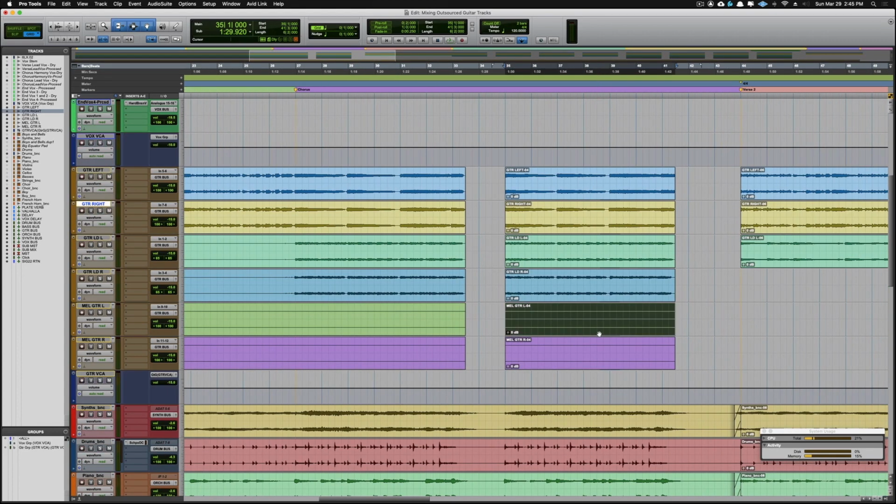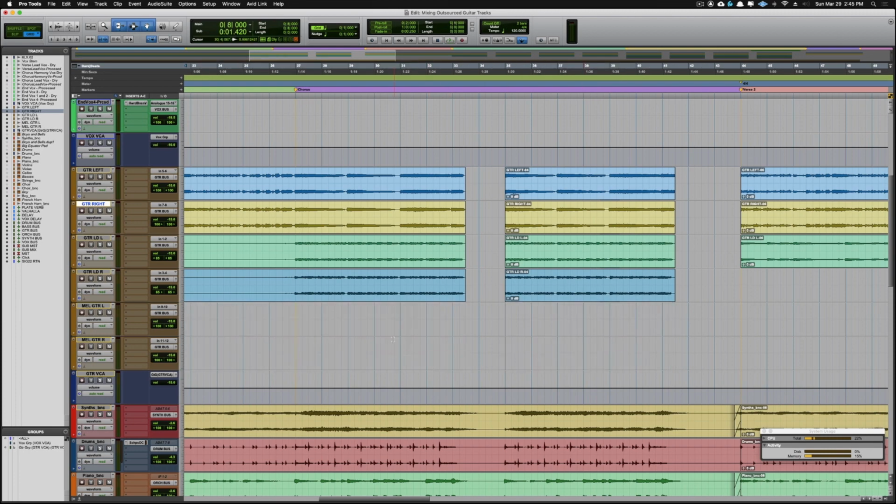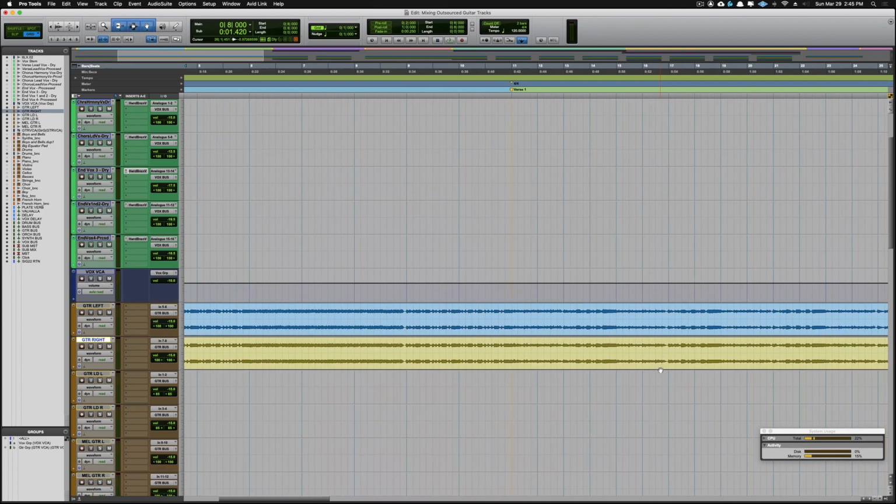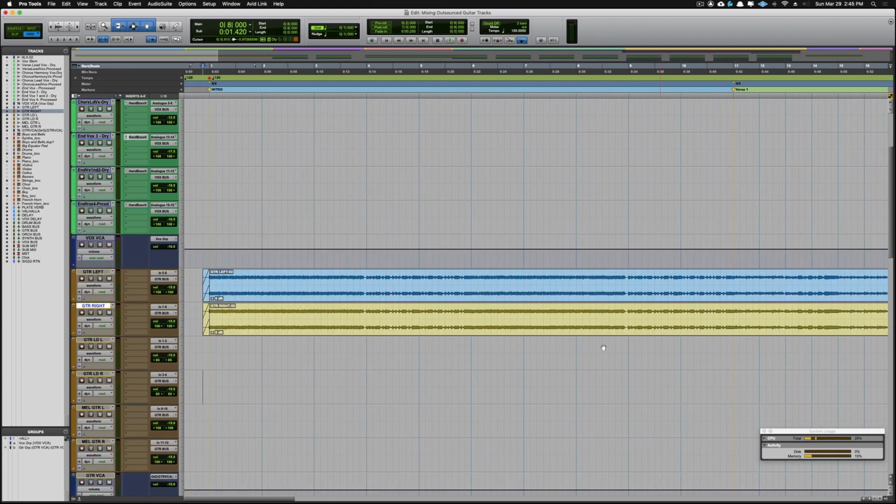We got a piece here, piece there, right there, right there. See, there's a little spike there and right here. So again, these are things that I want to make sure are not going to be part of the mix. All right, and that's it. So we got clean now. So these guitars are all set up. All right, so now I'm going to